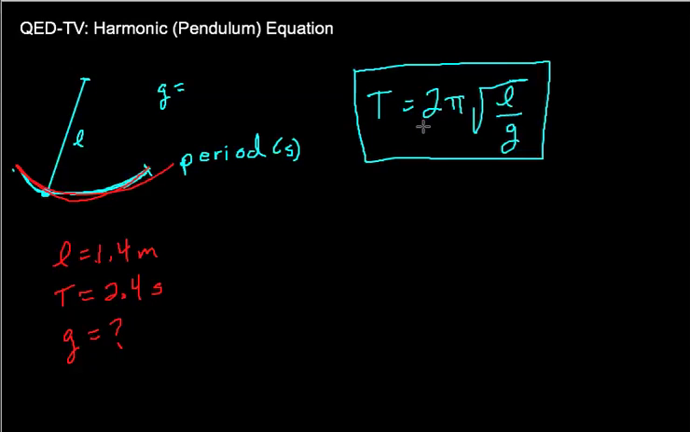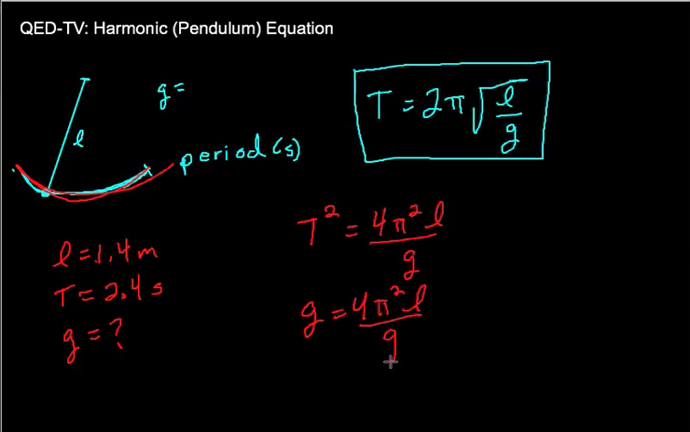So I'm going to use my pendulum equation here, and I like to rearrange this to solve for the constant I want to get, and that's going to be gravity. So I'm going to square both sides here, and I'll get period squared equals 2 squared is 4, and then I'd have pi squared, and then I could get rid of the radical, so I'd have L over G. So if I solve for gravity, I'm going to get 4 pi squared L over G, which would be 4 pi squared times the length of the pendulum, which is 1.4 meters, and I can divide that by gravity, which is